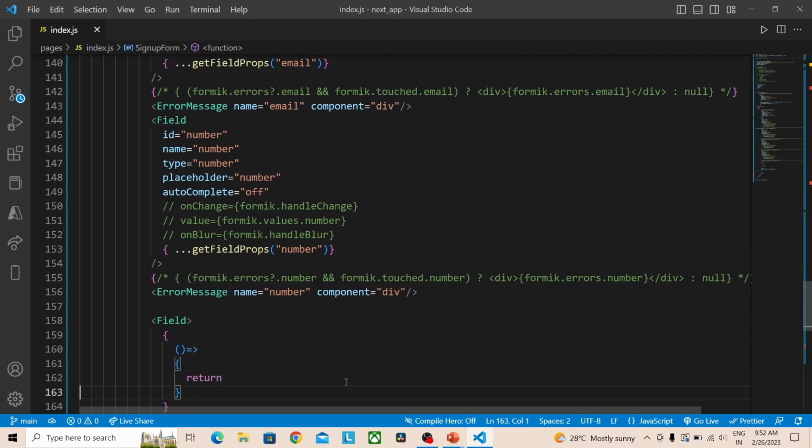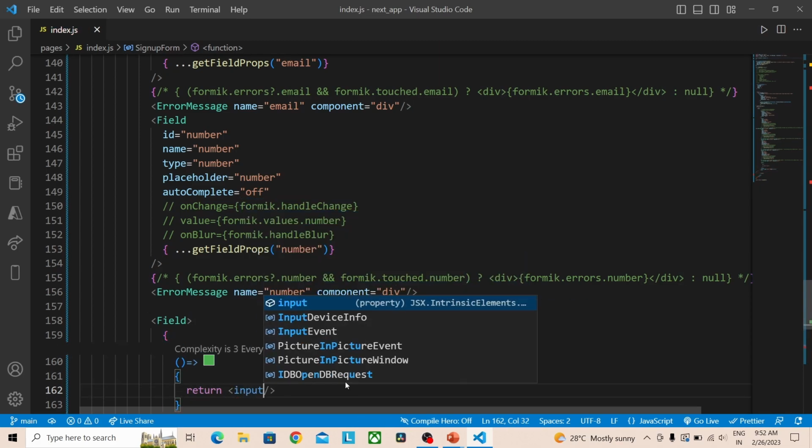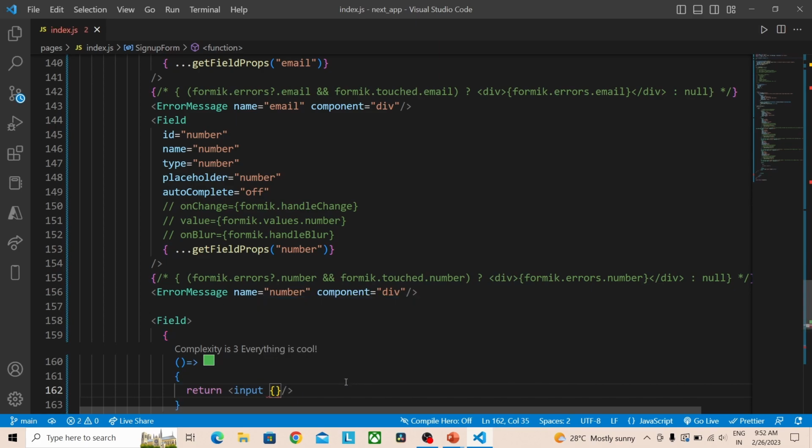So here I'm going to provide one input with curly braces. So in the previous video itself, I explained within this component we can use an arrow function to get the